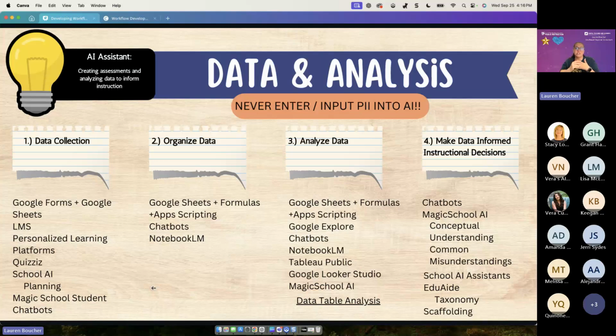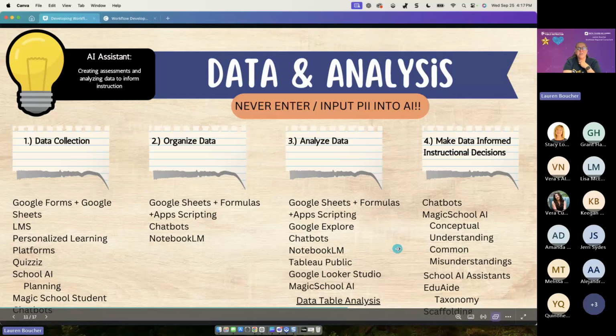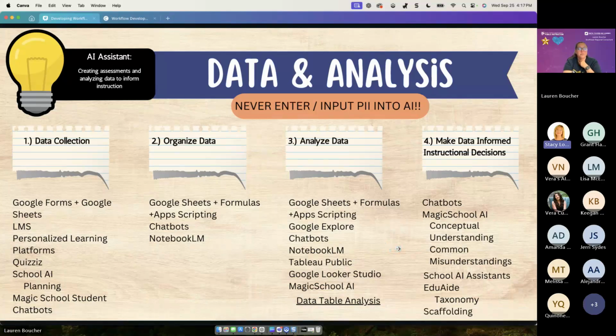So you can ask questions about, Stacy, again, correct me if I'm wrong, what would be the best way to organize this data, or who did great, who did bad, those types of questions. Yeah, Stacy, I think that you're right that AIs are so good at analyzing trends. I know we're leery of them doing math and calculations. That's hard for AIs to do, but helping with looking for commonalities or trends in information, really, really good for that.